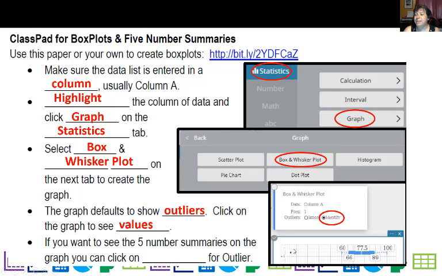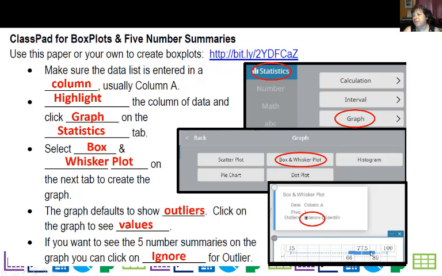If I wanted to see the actual min, because right here for some reason it doesn't show me the min, I can just say, well, ignore. So I'm going to circle ignore. And you see how the box plot now extends all the way down to 15. And this is the actual 5-number summary. So one way to get your 5-number summaries is to just say, hey, ignore outliers, and you can see all 5 numbers there. Personally, I like my outliers drawn on my box plots because it gets me a better feel.